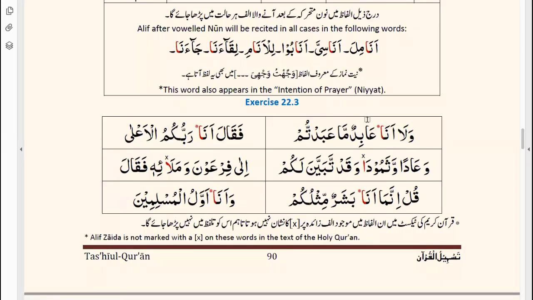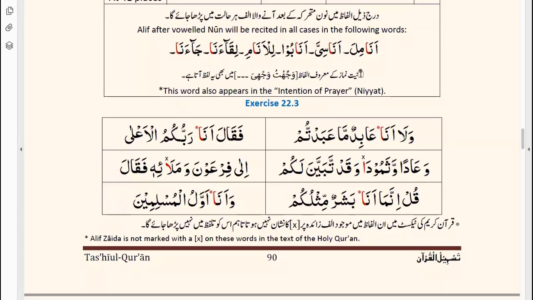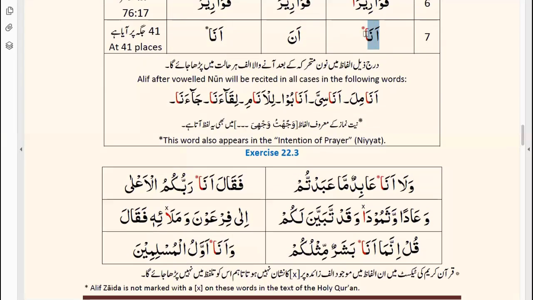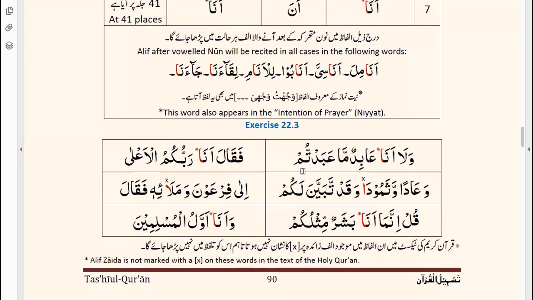Okay, so it says here, I'm just reading this for you. This starred word also appears in the intention of prayer, the niyat that we say before our salat, before our namaz. So if you look through that, you will find this word and you will know that if you are in continuation, then you don't make a pause there. You don't elongate there. But if you are making a pause there, then you would elongate there. Okay, excellent, good. So let's move on to our next exercise,